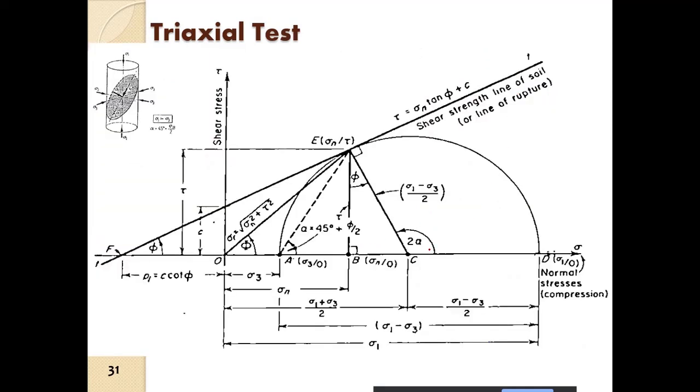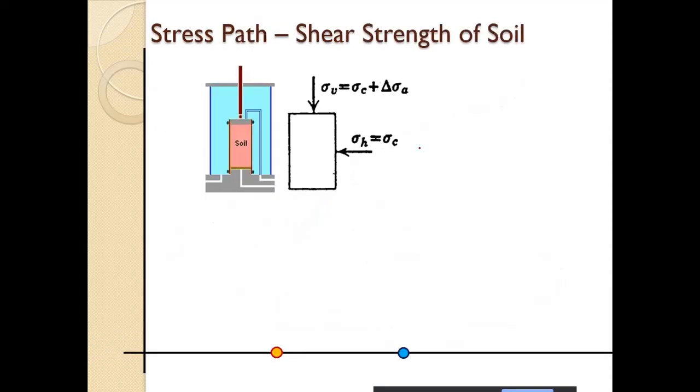So this is the Mohr circle that we get. Okay, so this is the failure plane if it touches the failure surface. Okay, so as we have discussed,